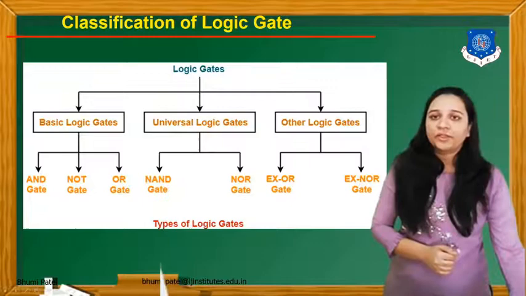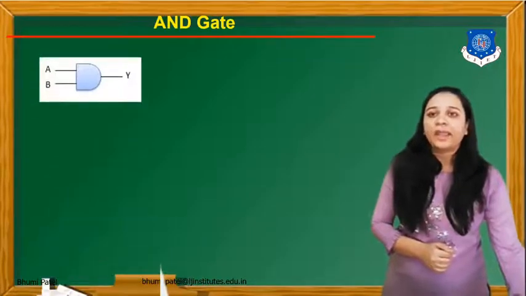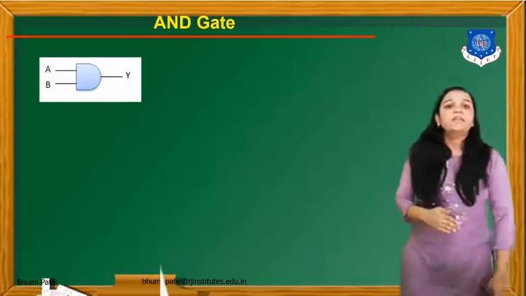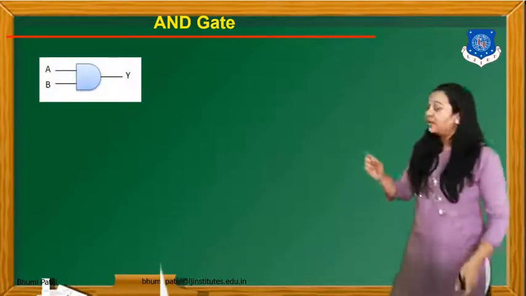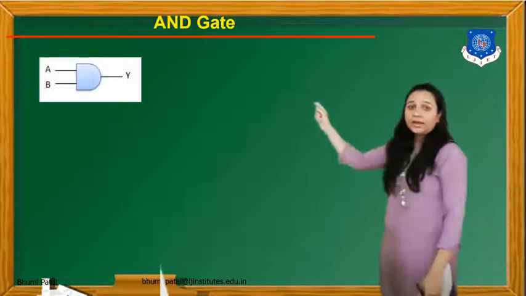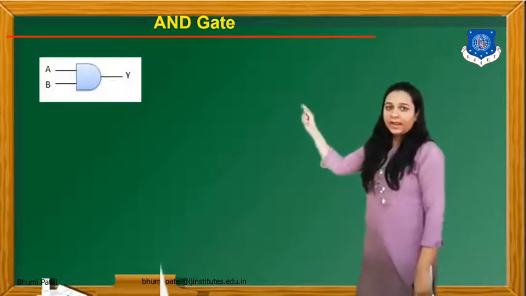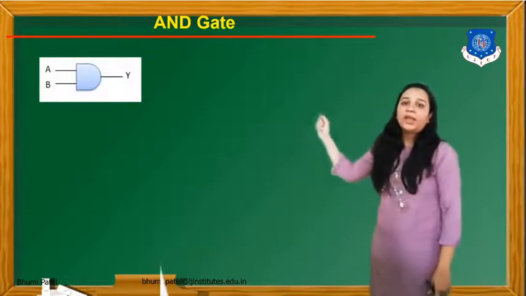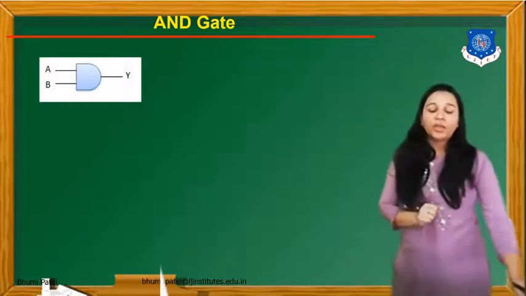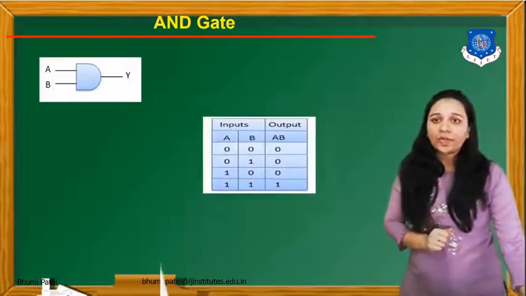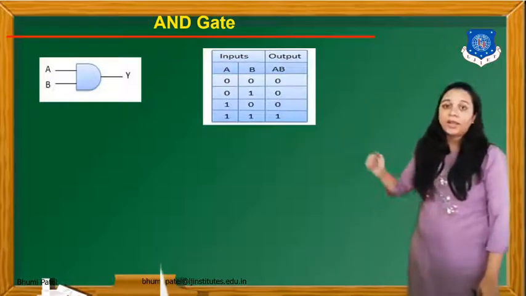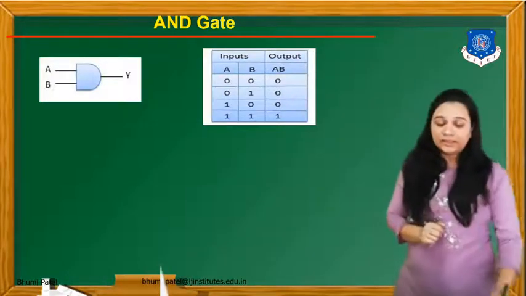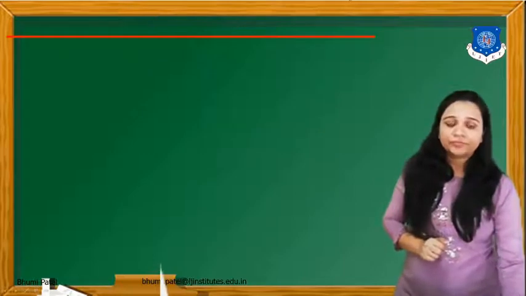First of all, the AND gate. As you studied in the digital system design subject, this is the symbol of the AND gate where two inputs are applied, input A and B, and Y is our output. If we draw the truth table for the AND gate, we have two inputs A and B, and the equation of the AND gate is Y is equal to